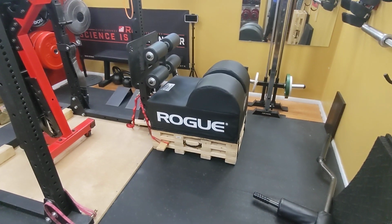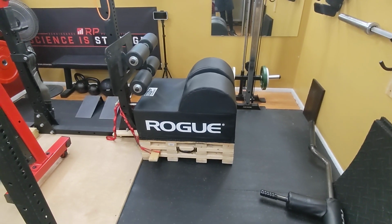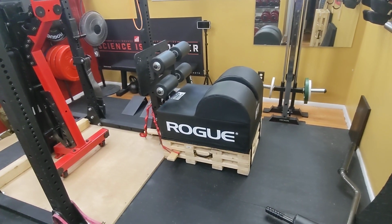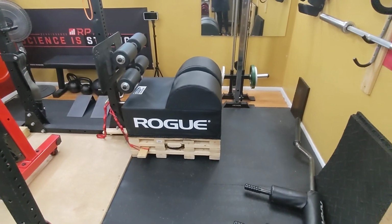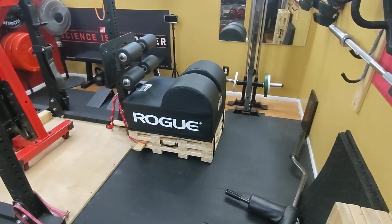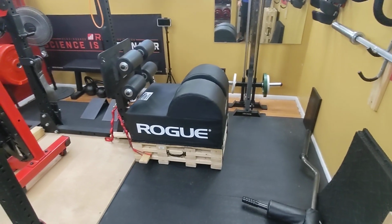All right, I wanted to make a quick follow-up video on my modifications to the Rogue Echo GHD. I watched the video before I bought this that the Kurt Locker had done, where he was pretty disappointed with it overall, because these are two separate pieces and they're not connected. Even if you buy the face stabilizer, it pins into the rack or wall strip if you have it wall mounted, but